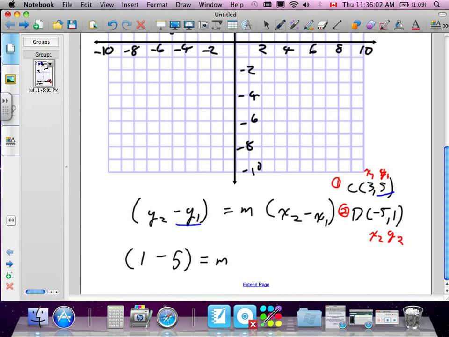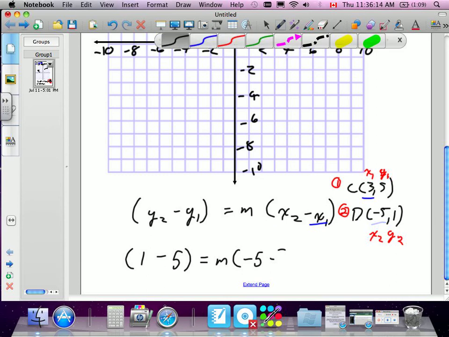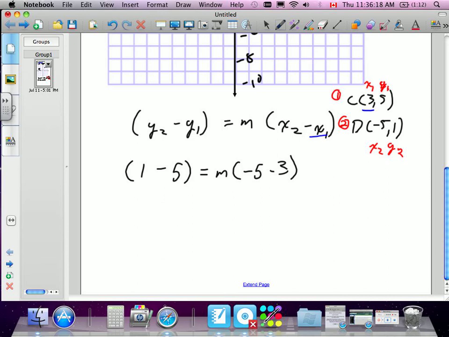In fact, that's what we're going to solve. x2 is -5. Subtract x1 is 3. So -5 subtract 3. Okay, so I'm going to carry out this equation. 1 subtract 5 is, good, -4. Still don't know what m is. -5 subtract 3,